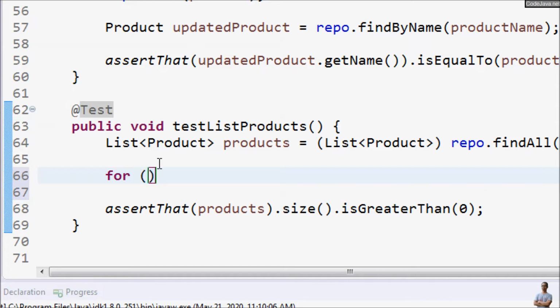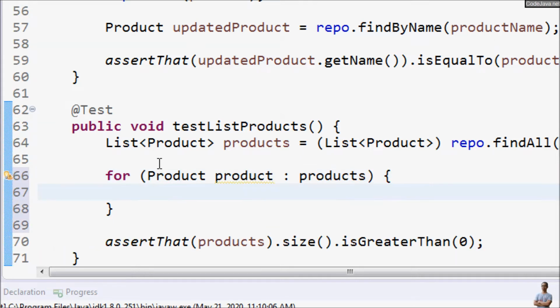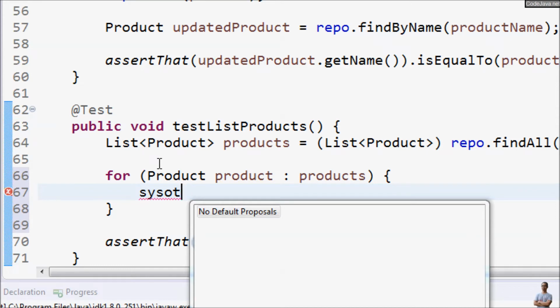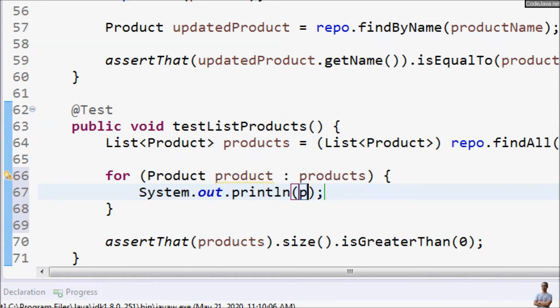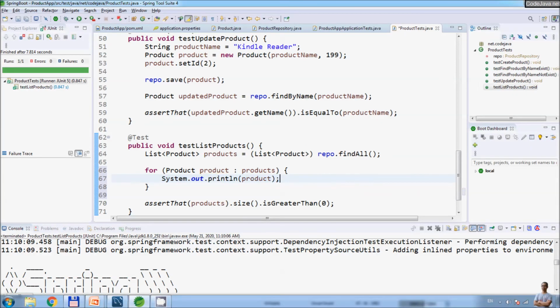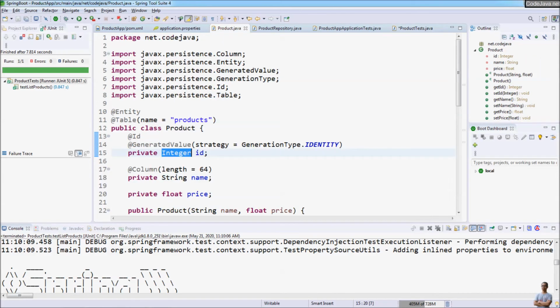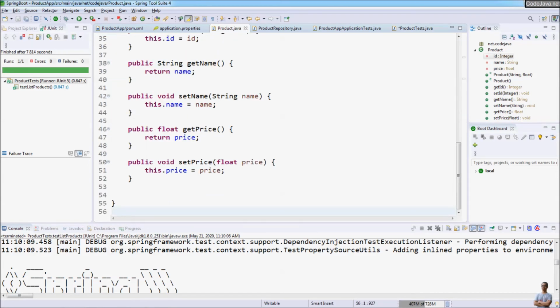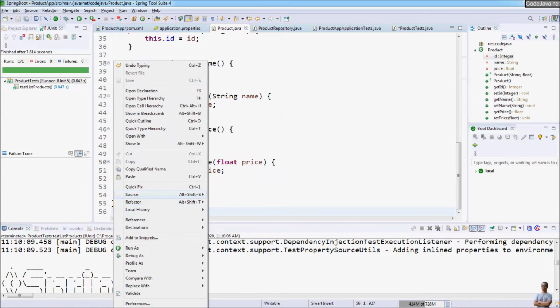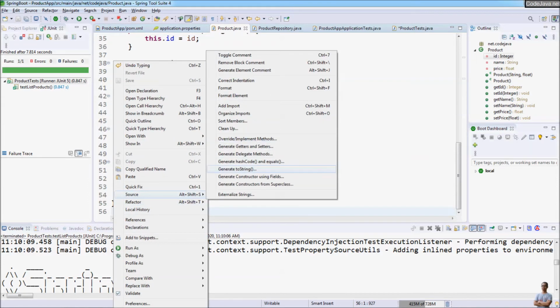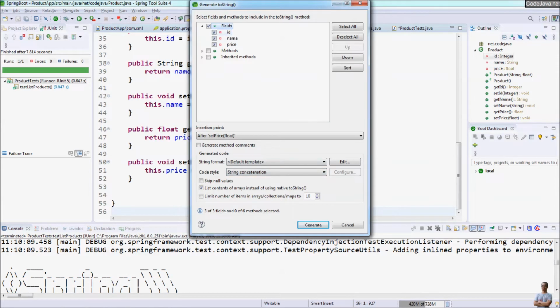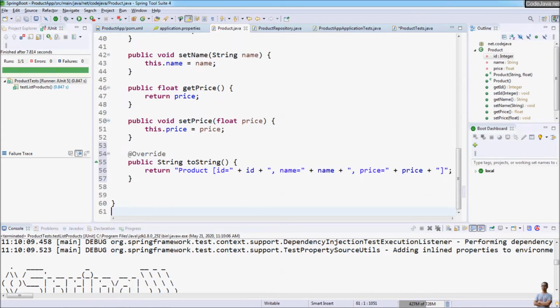We can write some extra code to print each product in the list of products. And in the product entity class, we override the toString method to print the details of the product. Override toString for ID, name, and price. Okay,